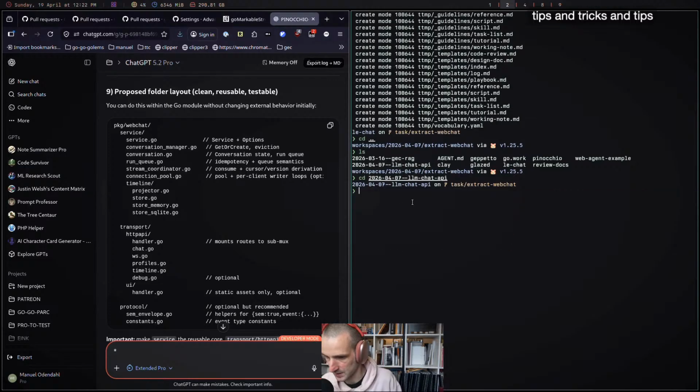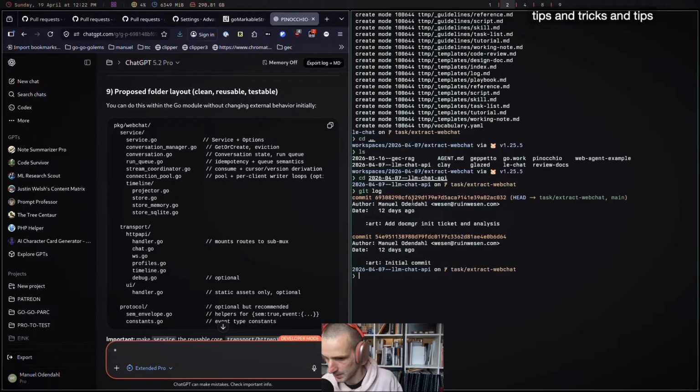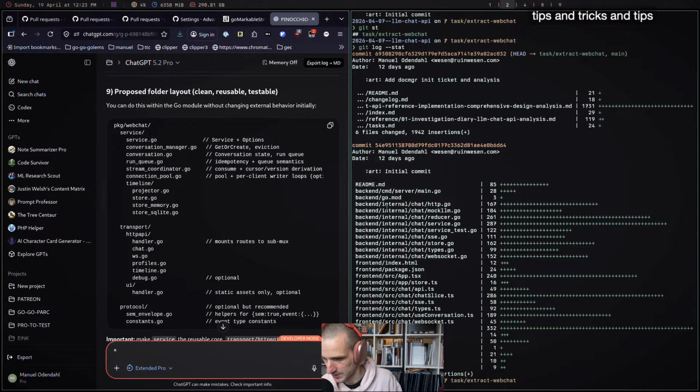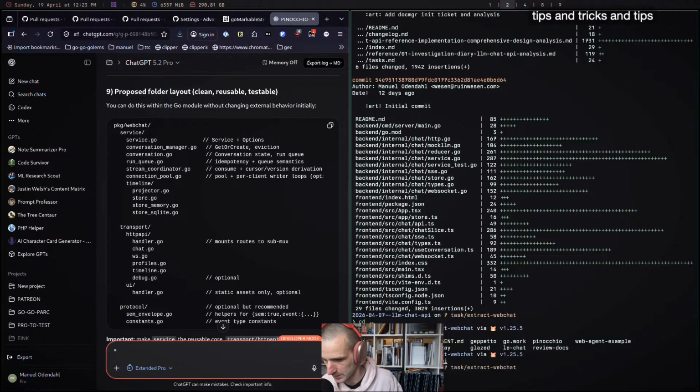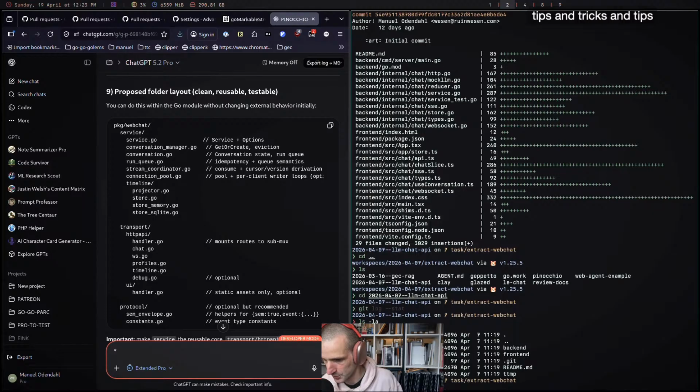Anyway, we'll look at this later on. So what is this? This is also just a single ticket. Oh no, this starts to have a bunch of, I think this was just an experiment that I had ChatGPT do, and I think it was not all that useful. So I'm going to go in here and just remove that